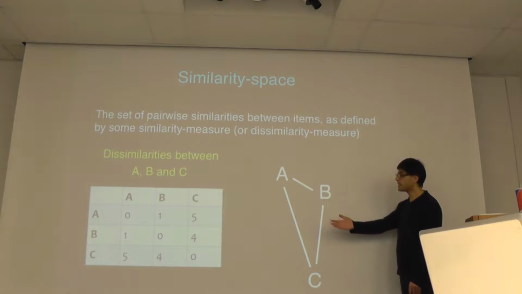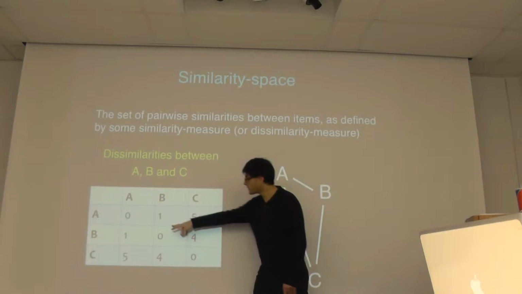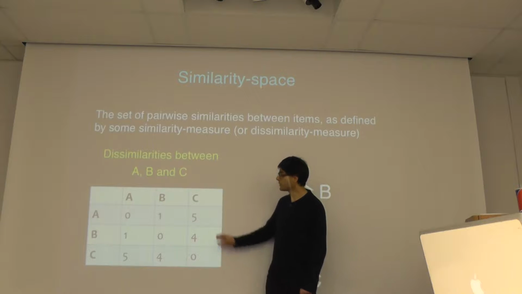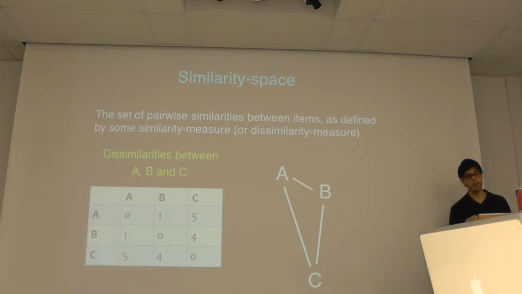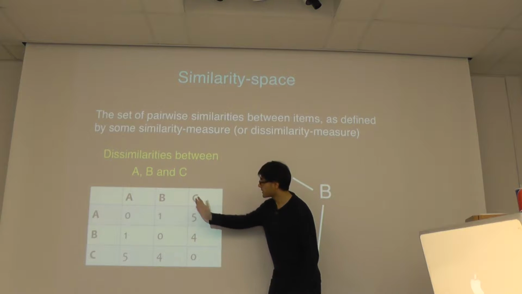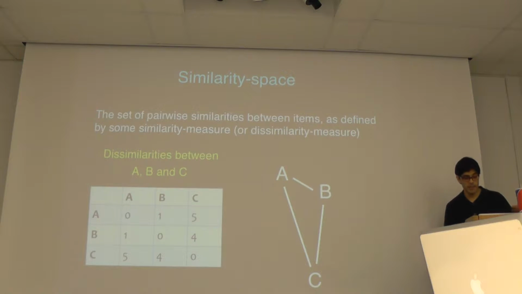So the similarity space is just this set of distances. The two things to notice about this are that everything is perfectly similar to itself, and also it's symmetrical in this particular case. I mean, the Luxembourg and France example was asymmetrical, but if we're just looking at distances or other symmetrical measures, then your similarity matrix will be the same as if you flip it. So that's all that similarity space means. But it is something